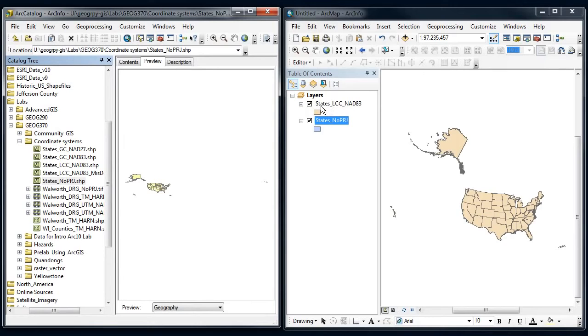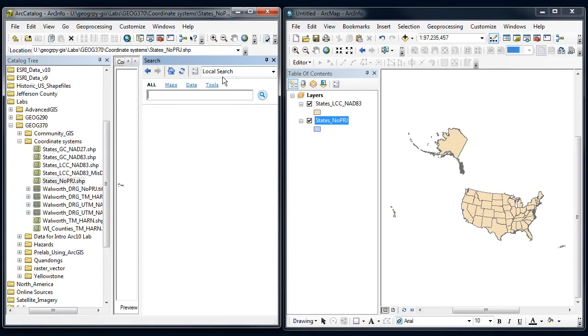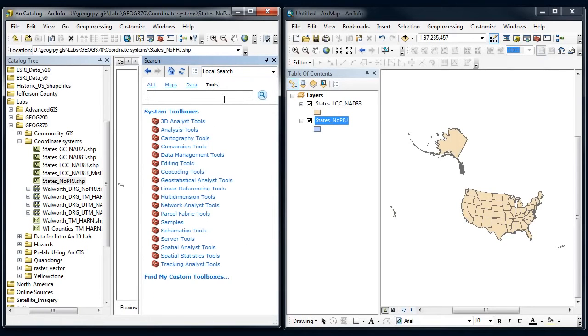Now, if I was doing analysis with a whole bunch of data sets, I'd want them to line up and all be stored in the same coordinate system. Let's see how we can switch this geographic one into a Lambert conformal conic. So I'm going to go up to the search tool in our catalog, click on tools here, and type in project. So I'm going to look for tools that project